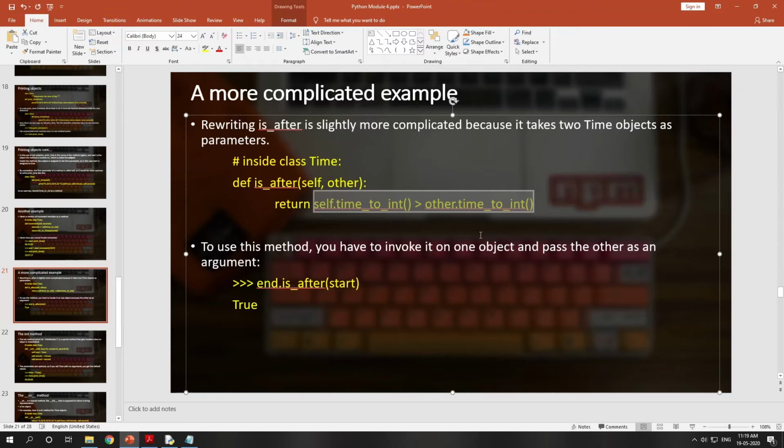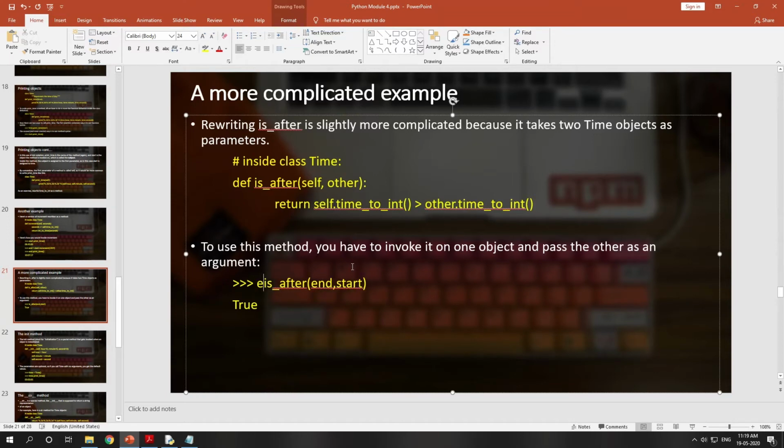If you are passing two time objects, how do you pass them? You should not write it like end comma start. This will throw an error.